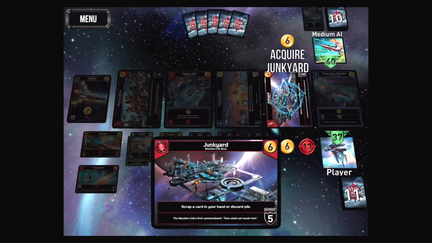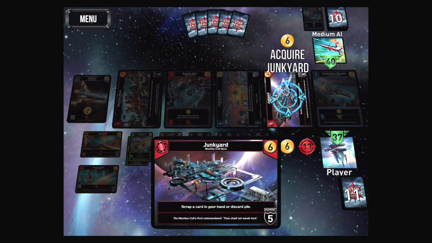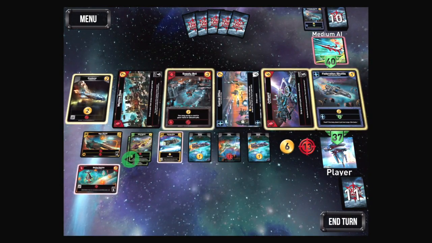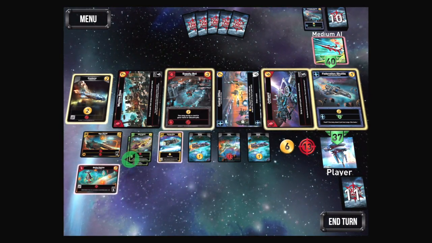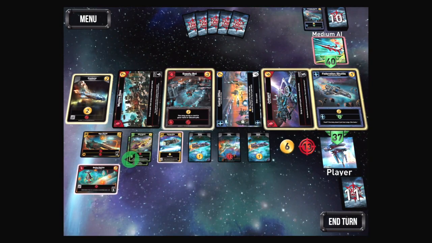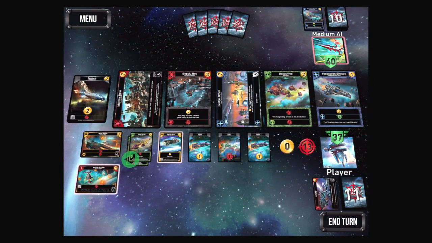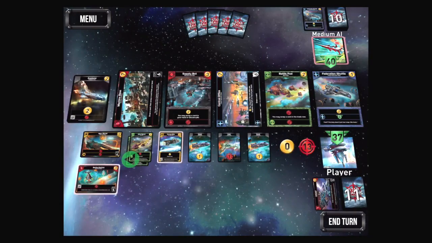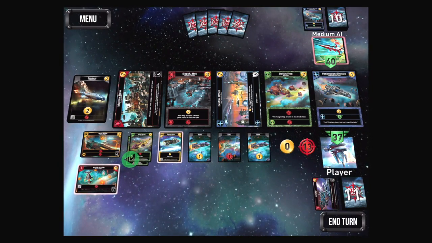What about you, Junkyard? That allows us to scrap more cards more often. That could be good. Supply bot gives us more trade. And more damage if we get more red cards at the same time. We'll go Junkyard for now. We have the trade for it. Oh, the battle pod! What if we scrap this? We could force him to discard a card. For now...